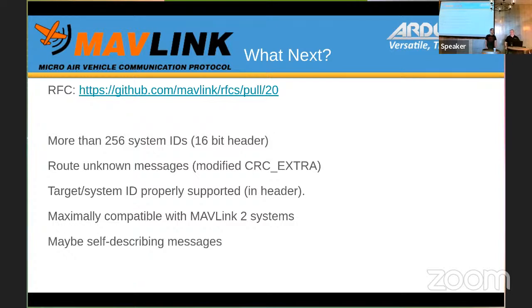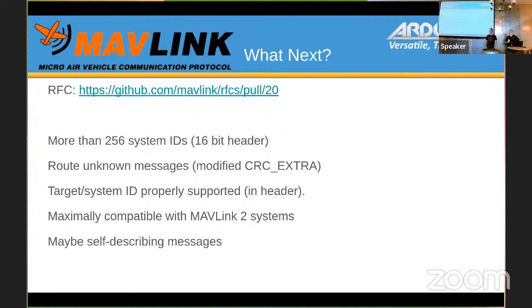Basically, it's using IP addressing rather than just the 16-bit. The original way I wrote the RFC was going to 16-bit component IDs and system IDs. But we could go to 32-bit, allowing IPv4, with the extra 2 bytes only sent if your ID is more than 255.